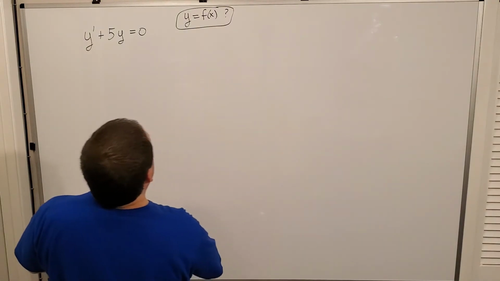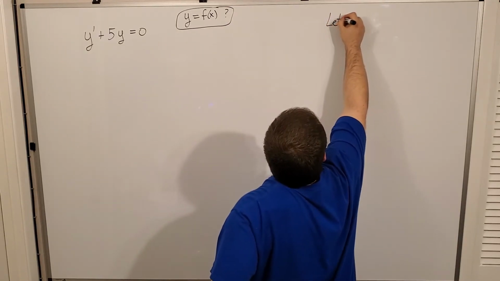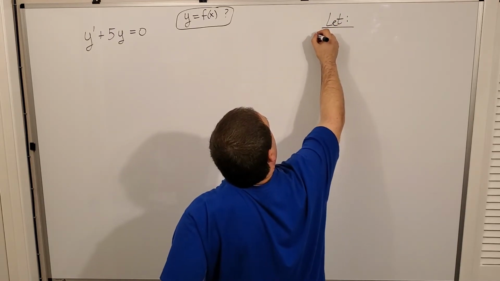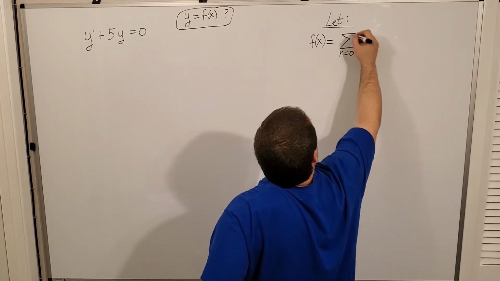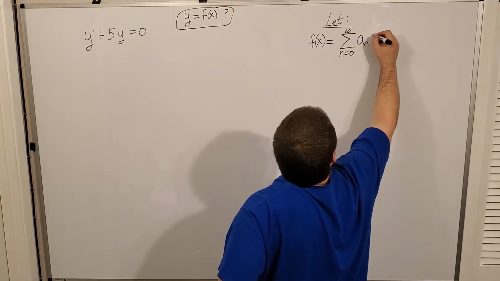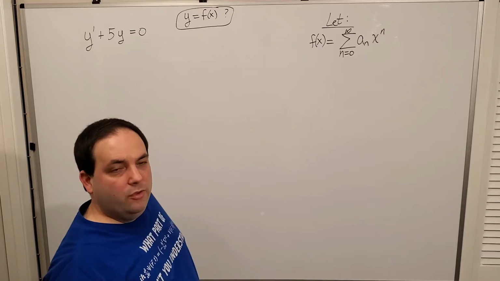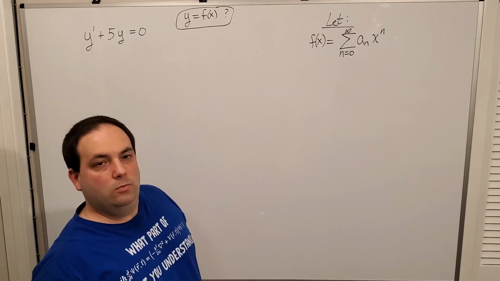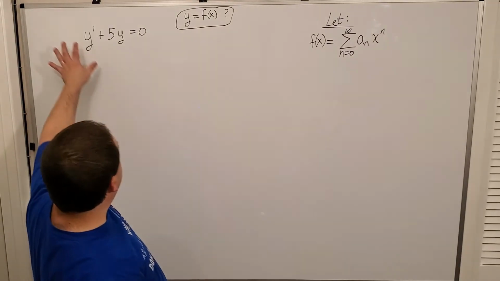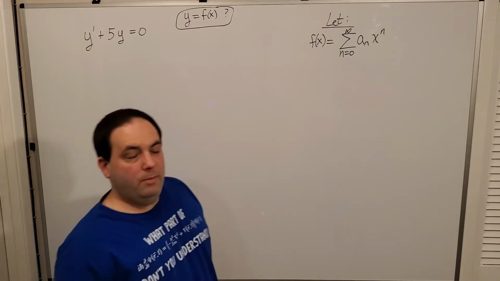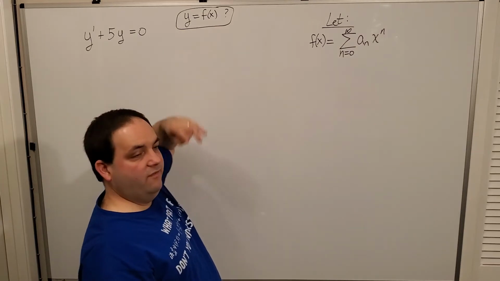Okay, so here's what we do. We let our function equal some generic summation a sub n x to the n. Now, of course, I could actually center this at some other number. You'll notice I'm centering at 0. Okay? I don't have any preface for any other number because this didn't give me any other information like, oh, I'm interested in the function at 10, like f of 10 is something, or I have f of negative 2